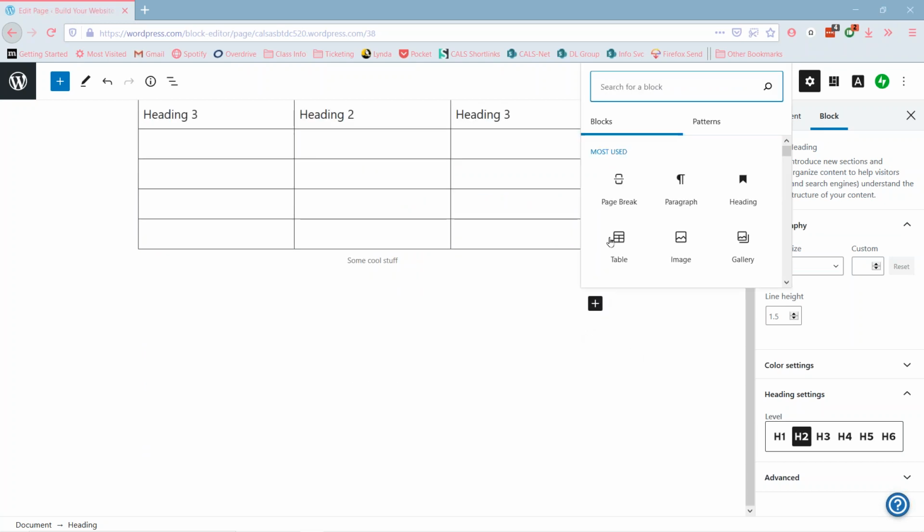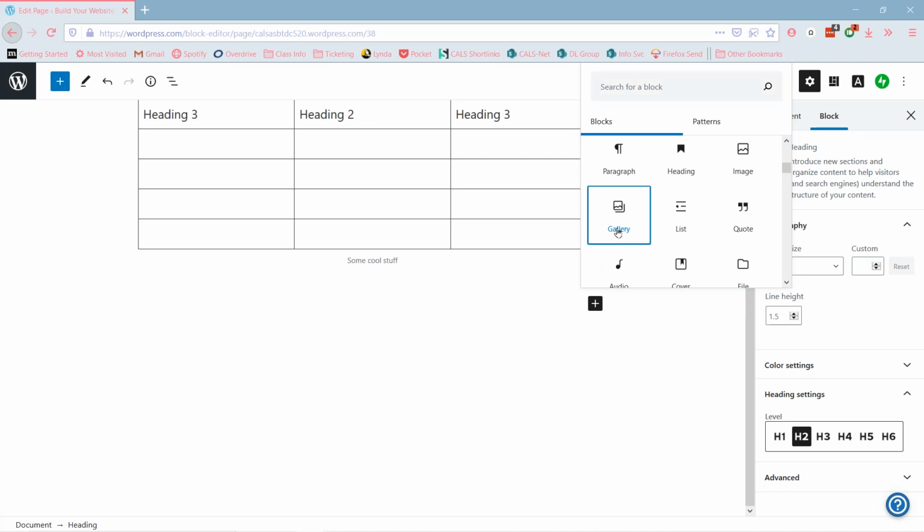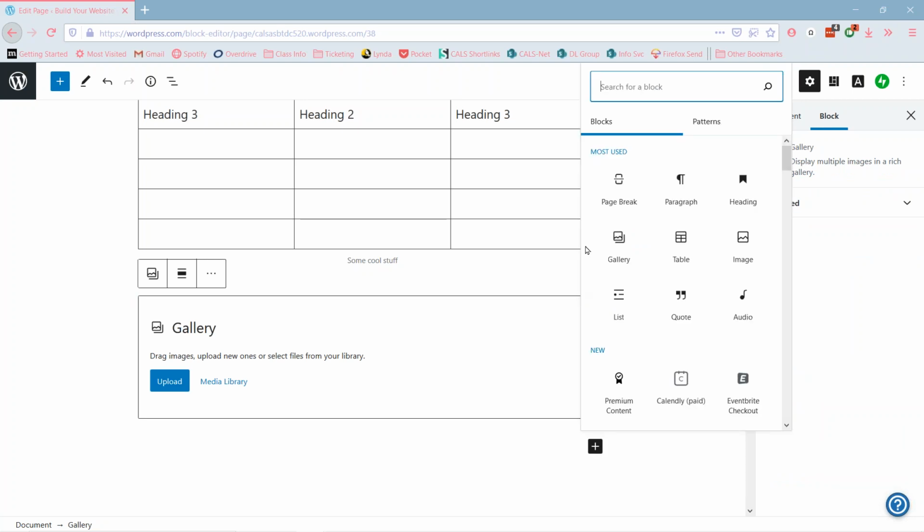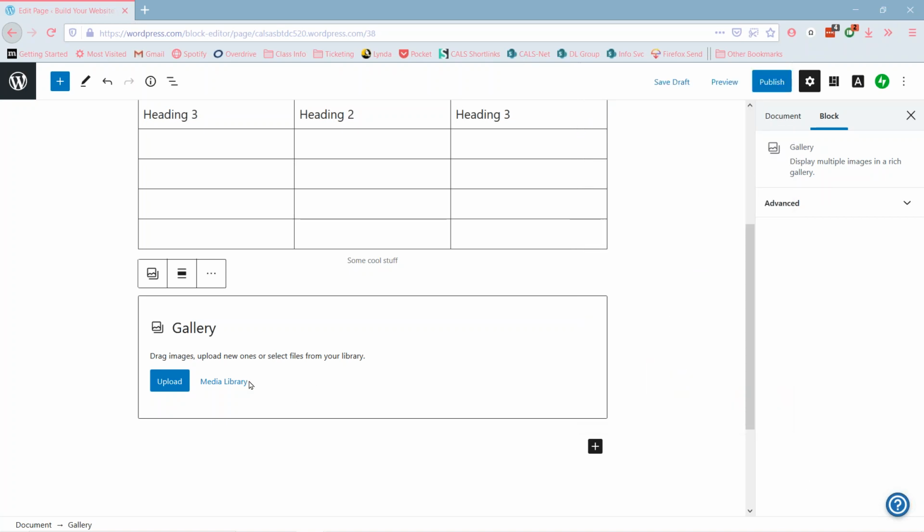So I'm clicking the plus sign over here, and I'll head down. What I want to find is the gallery block this time. Oh, by the way, you can also, up at the top here, search in this box, so you can start typing something and get to it that way. All right, so I've got my gallery block,